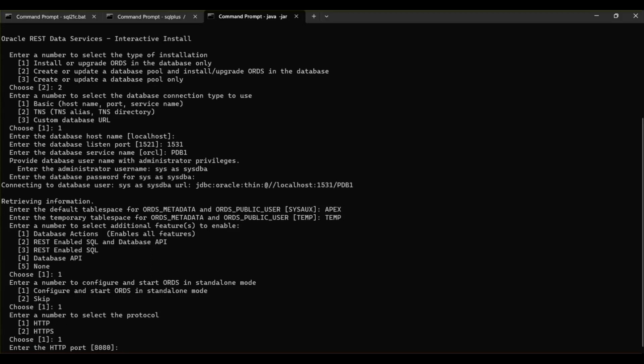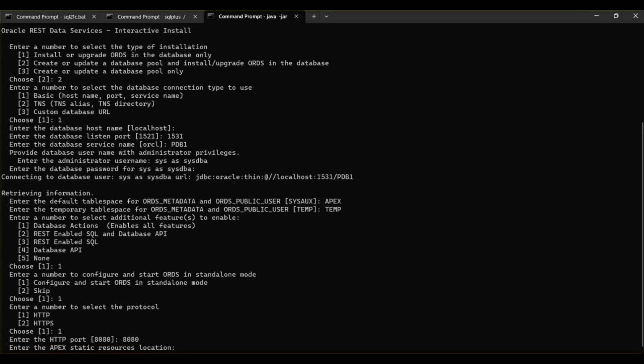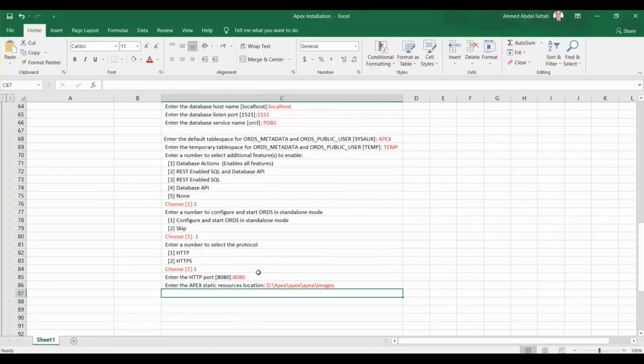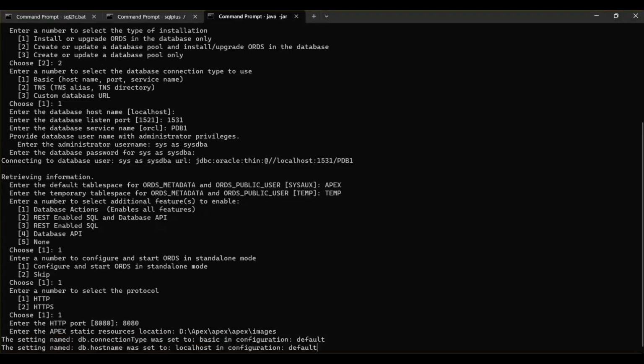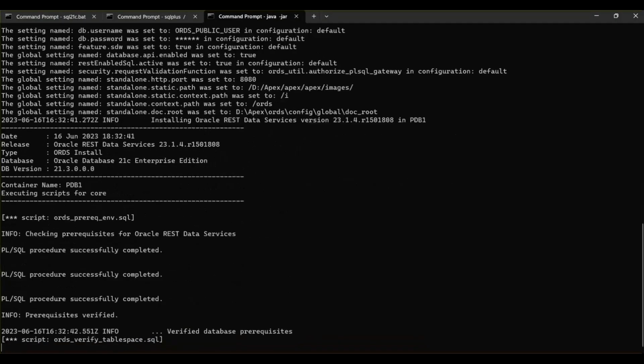Leave the default HTTP port as 8080. Provide the Apex static resources location as D:/apex/apex/images. Installation started and progressing well.